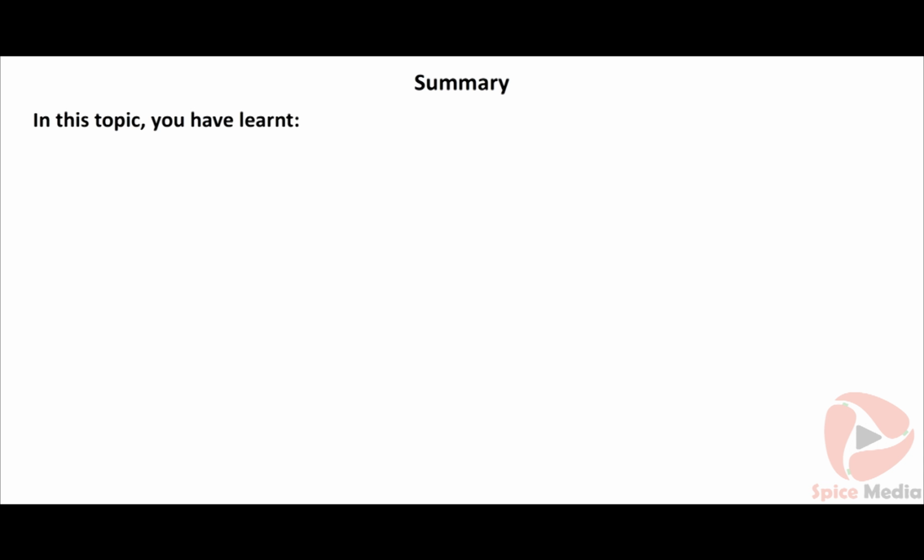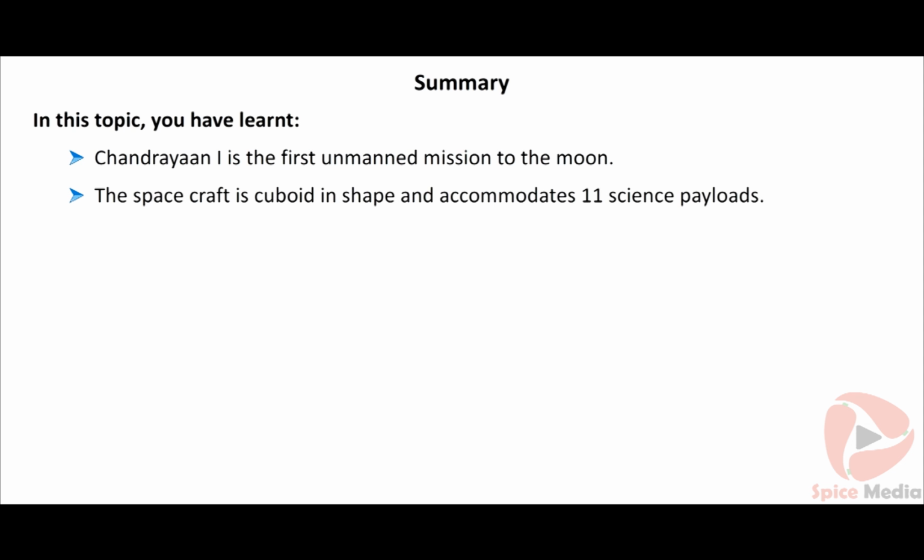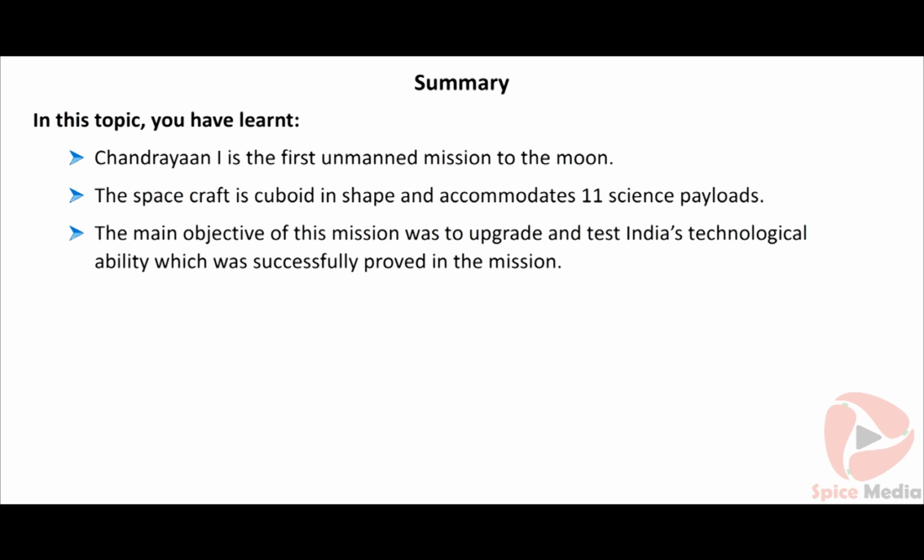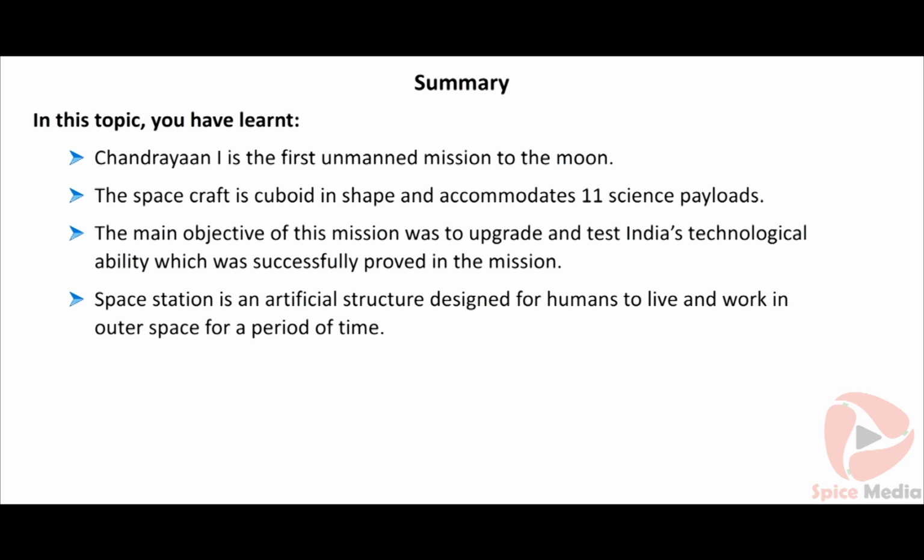In this topic, you have learned Chandrayaan I is the first unmanned mission to the moon. The spacecraft is cuboid in shape and accommodates 11 science payloads. The main objective of this mission was to upgrade and test India's technological ability, which was successfully proved in the mission. A space station is an artificial structure designed for humans to live and work in outer space for a period